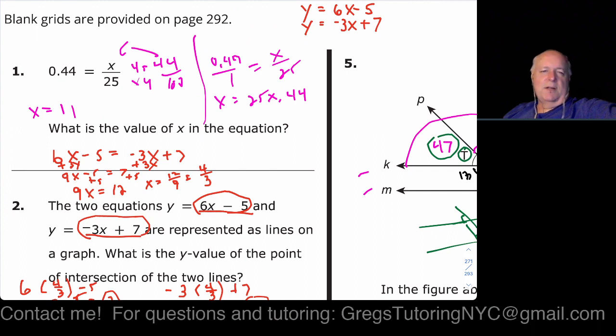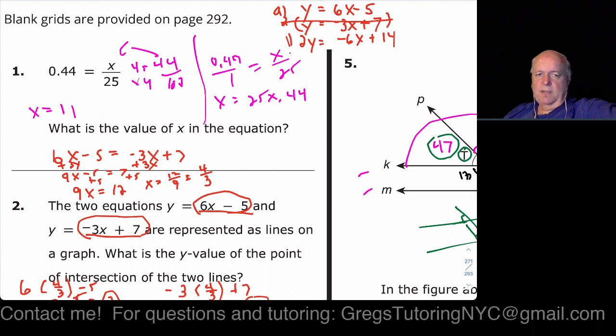Again, there's a whole bunch of ways to do this, but what I want to try to do is eliminate the x's in this case. One way to do that is to multiply this whole equation here by 2, every term. So that gives me 2y is equal to minus 6x plus 14. Basically we got rid of this here. Now, if I call this equation A and this equation B, if I add them up,